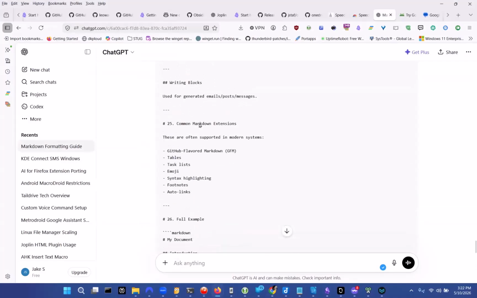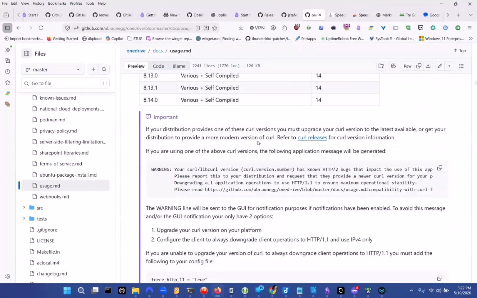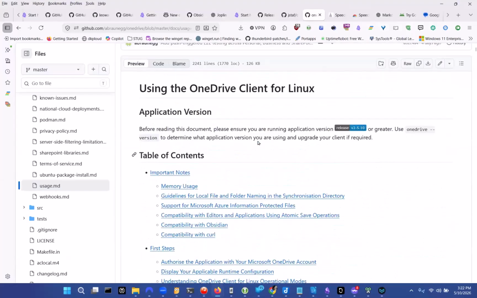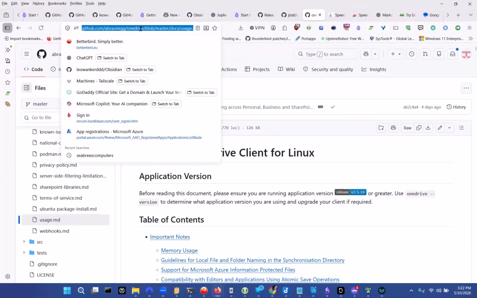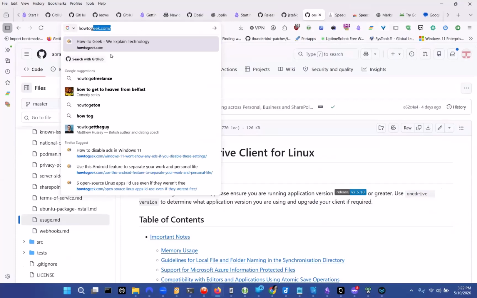And then if you happen to have Markdown installed, I can go to a web page, and each of these web browser note-taking apps have their own little web clippers. So if I go to a website, let me go to How-To Geek for example,